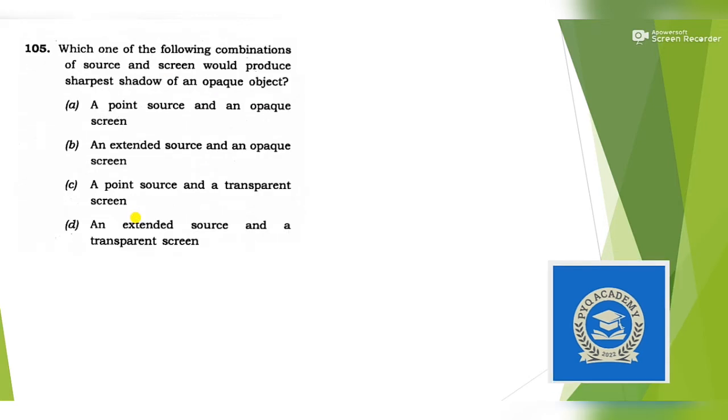Next question, which one of the following combinations of source and screen would produce sharpest shadow of an opaque object? Okay, so let's take an opaque object, and here is a screen and here is a source. First we have to decide in which case it will be a sharpest image. Suppose let's take a point source. So when the light is incident on this